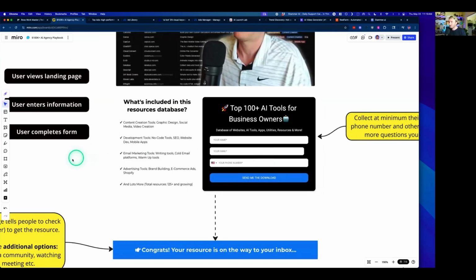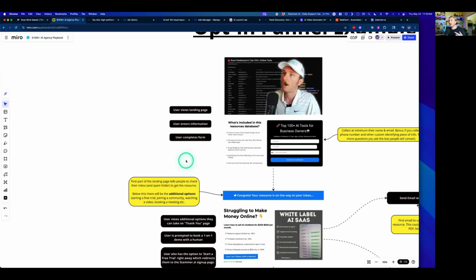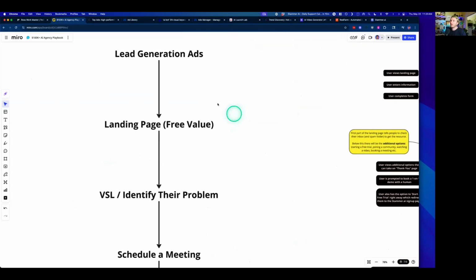Especially when we're talking about AI agencies and selling AI agents specifically, because this is kind of a higher tier offer. We're not trying to sell to everybody. And the power to pre-say no to a lead is going to save you so much time and money in the long run. So that is just a quick little tidbit on why, in my recommendation, and the way that we typically run things,